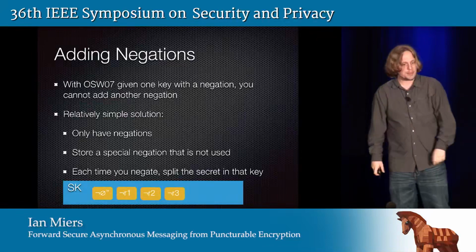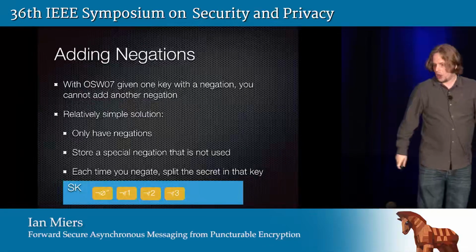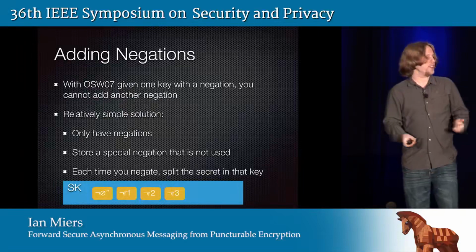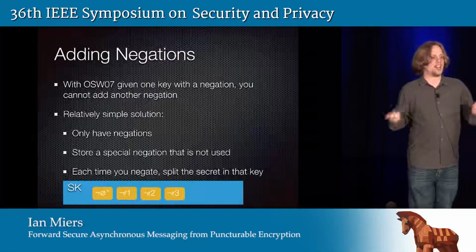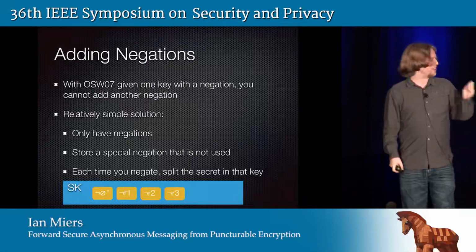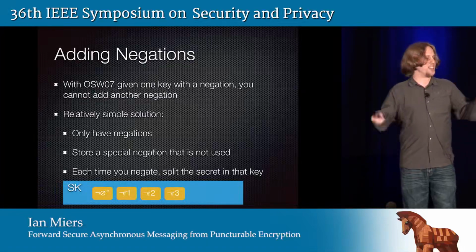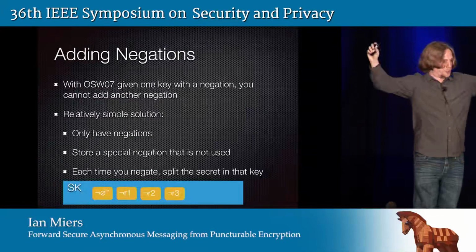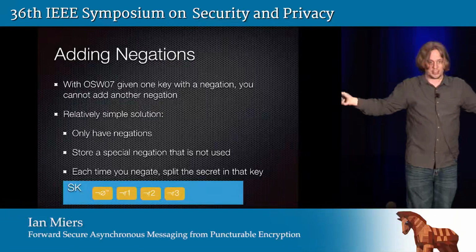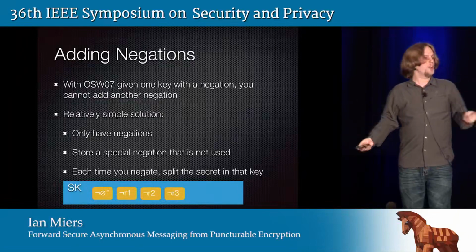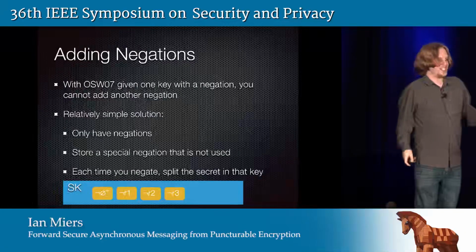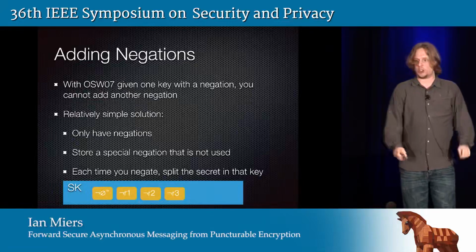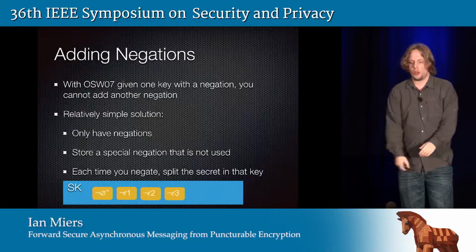But it has a pretty obvious limitation to it, which is that this thing grows linearly, right? Maybe you can get this to work for a minute or an hour, but sooner or later, you're going to have received enough messages that you have negated this thing too many times, right? And it will still work, but since the key grows linearly as you do this, and your decryption time grows linearly as you do this, it's just going to become cost prohibitive. So effectively, we'd have to have one of these keys every day or every month or something, and that sort of gets us back to that straw man solution of have one key per day. So